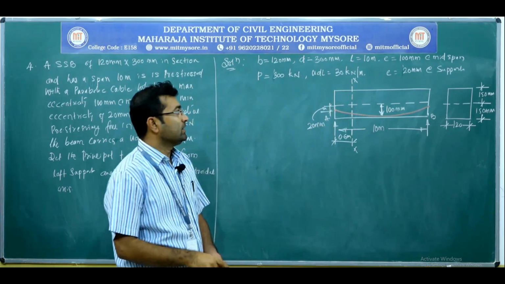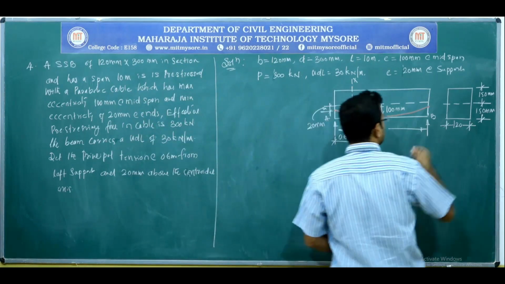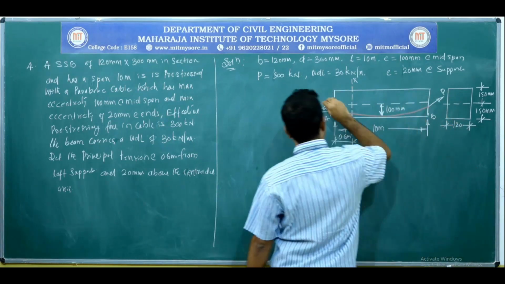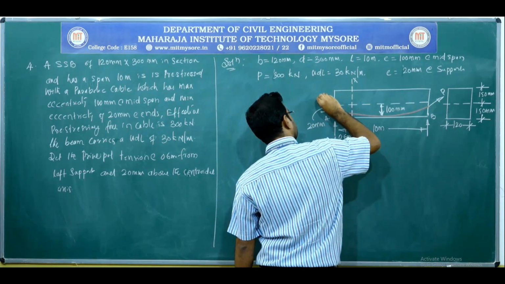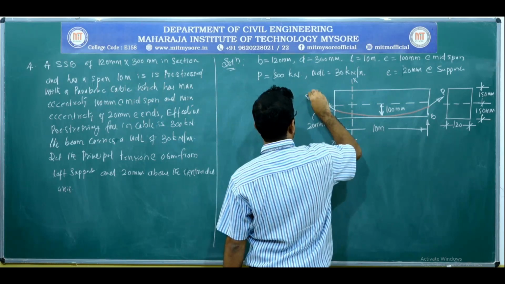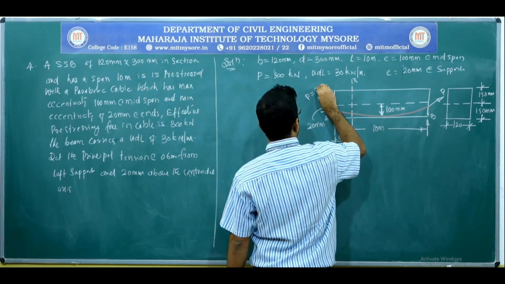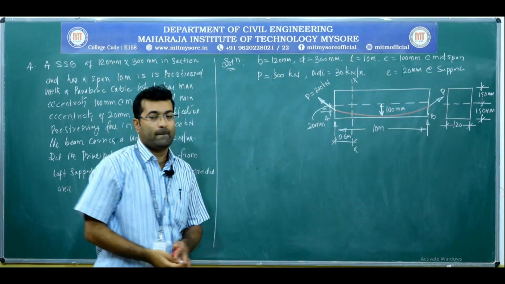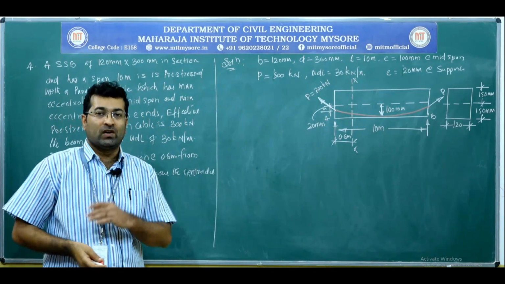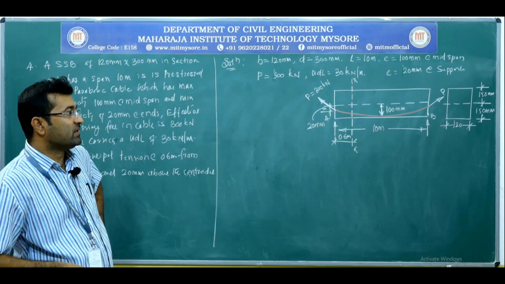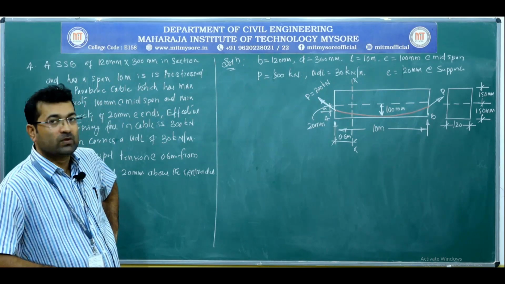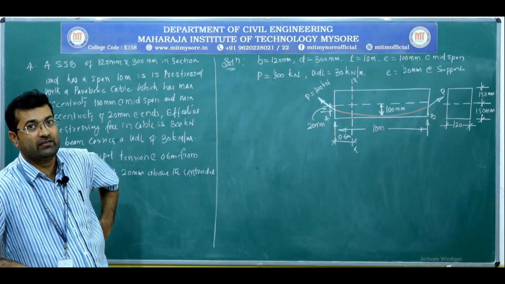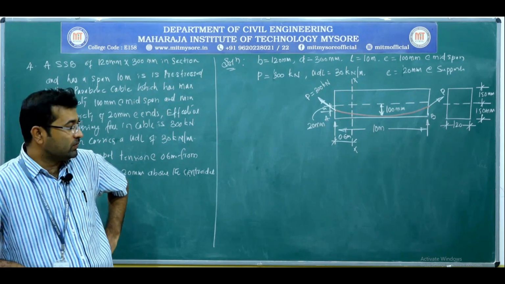Okay. So this is pre-stressed by a force P, which is 300 kilo newtons. Okay. Now, using all these informations, we have to calculate the principal tension. Right? That is F minimum. We have to work out.